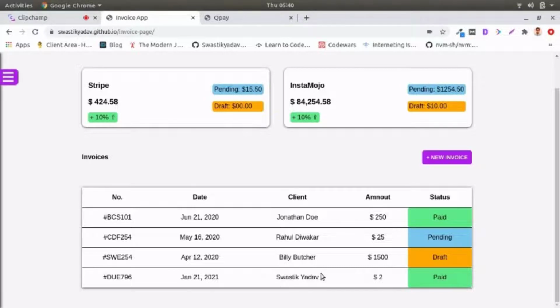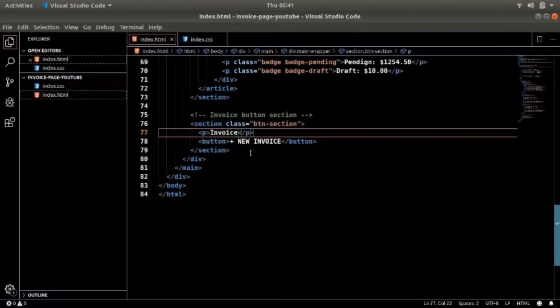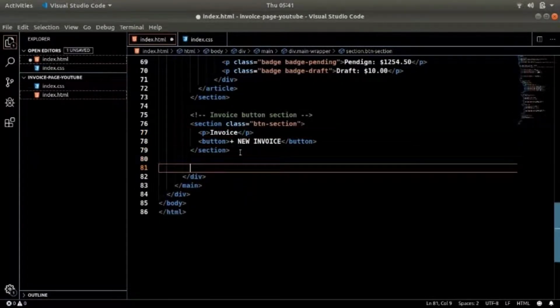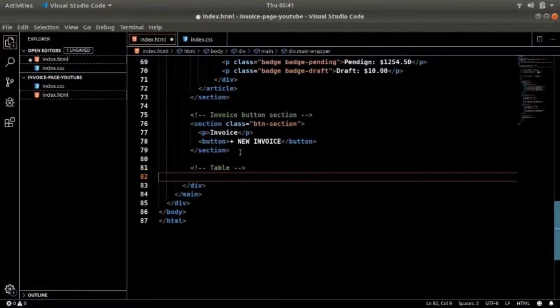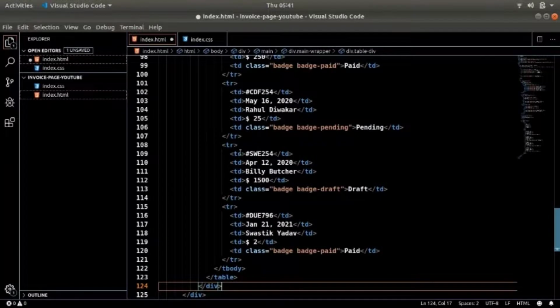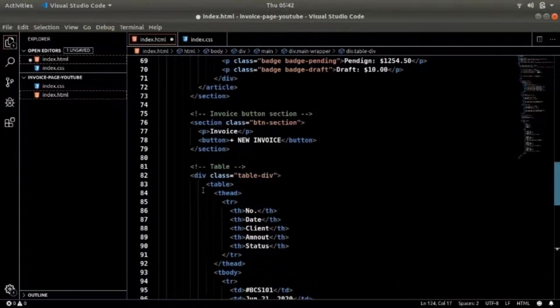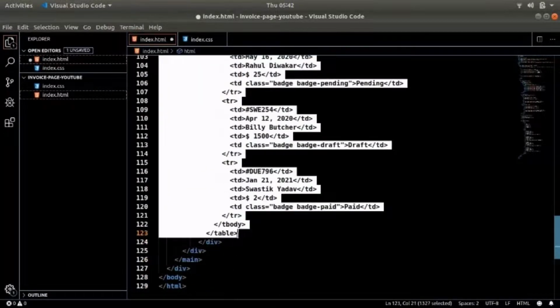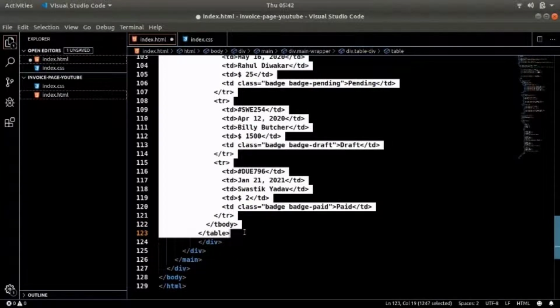So give me few seconds. I'm back. So with that in place, we'll add the table now. So this is table, and I have this markup already in my hand. So let me just go through it quickly because it's pretty big, so I don't want to type it over here.